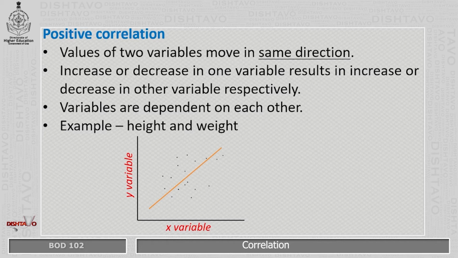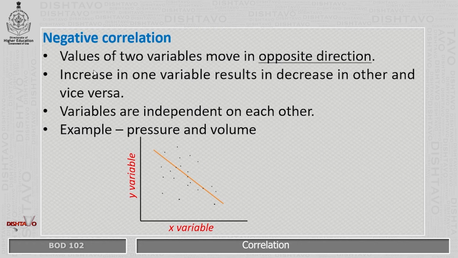Positive correlation is when the values of two variables move in the same direction. It is like an increase or decrease in one variable will cause an increase or decrease in the other variable respectively. So variables are dependent on each other in case of positive correlation. The example I have given here is height and weight,